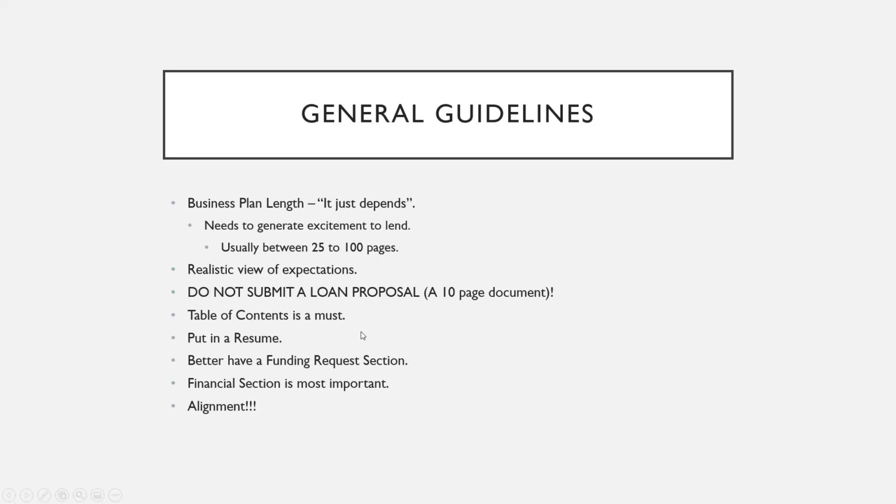Table of contents is an absolute must. From what I've seen, nobody is going to read your business plans from cover to cover, especially the people that are going to approve the loans for the SBA. They're approving, what, 100 or so a day, from what I've understood. So they're going through a lot of different pieces of information. They're not going to go through it page by page, paragraph by paragraph. What they're going to do is go to your table of contents, and go directly to the pieces of information that they're interested in. They're going to go to your executive summary. They're going to go to your marketing strategies. They're going to go to your financial assumptions or your profit and loss statement.